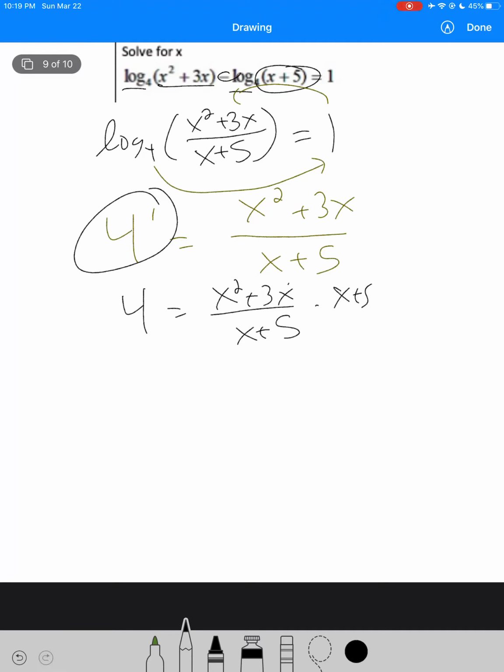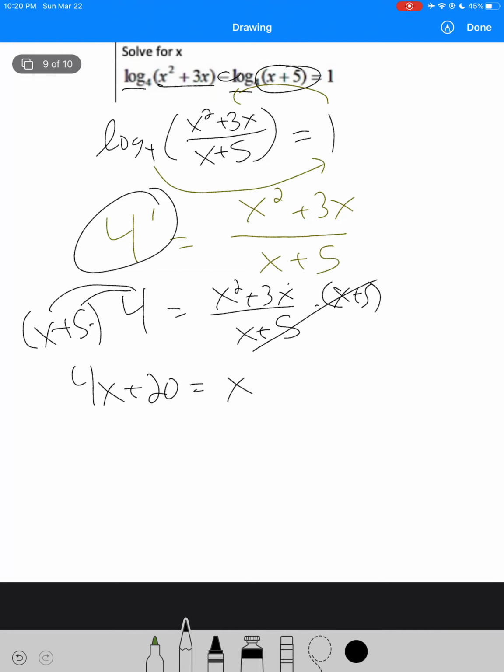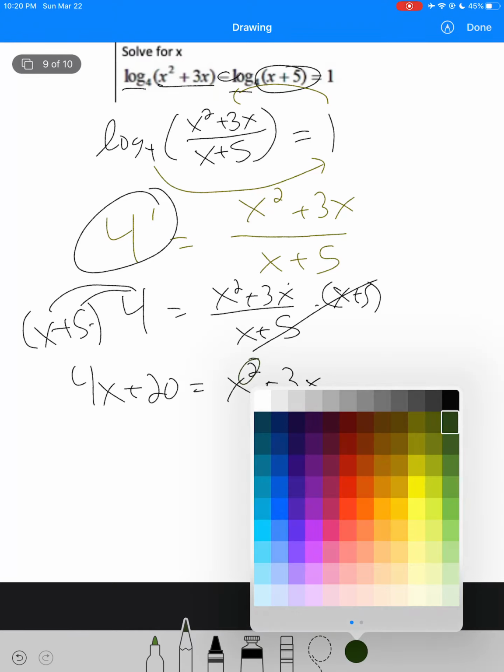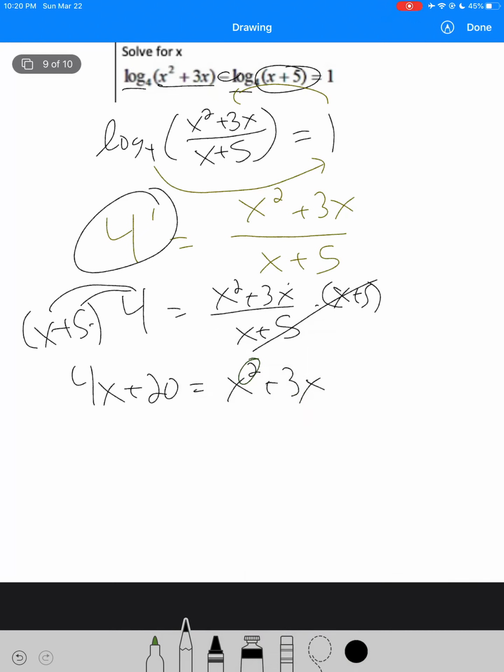We can multiply by x plus 5 so it can cross out. And whatever we do on one side, we do on the other side. Then you can distribute this. And we are at a step now where we don't have fractions, but we can see that we have an exponent that is quadratic,